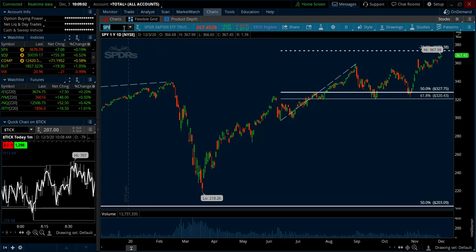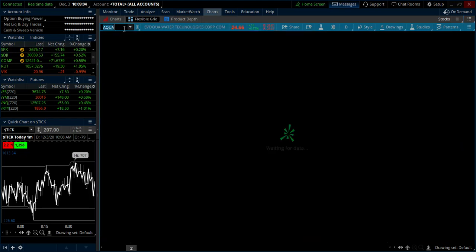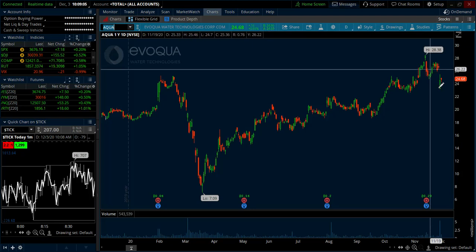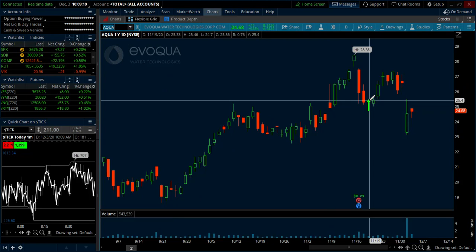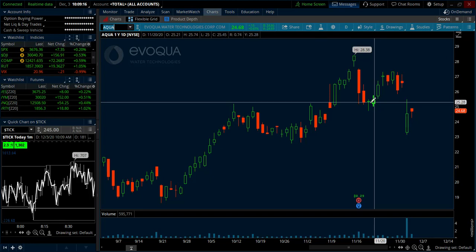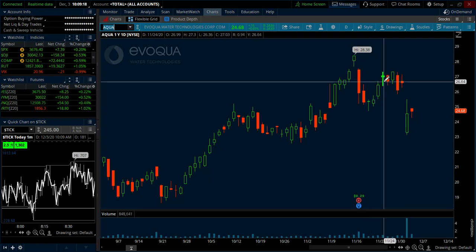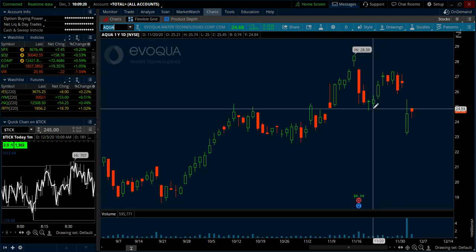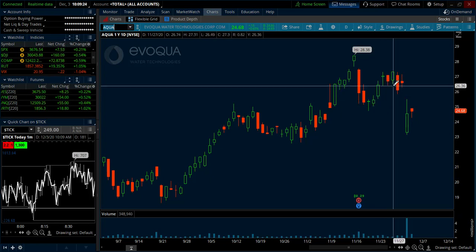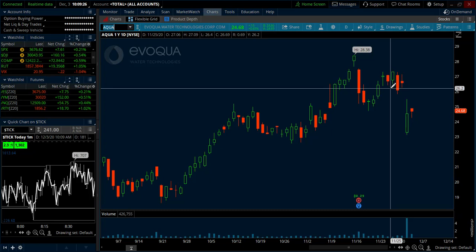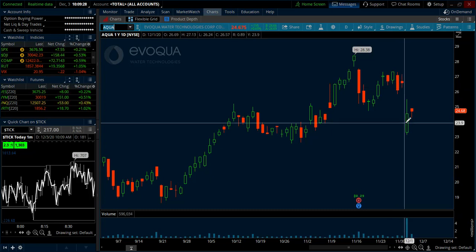So before we move to the ES, I just wanted to talk about this Aqua swing trade because we had a gap down the other day. So the long is from the 20th, above the high of the 19th. That's the entry. And I took a little bit off when we broke the low of the 24th here, just by trailing my stop below each candle's low. I just took a third of the position off to lock in some profit. And then we had this big gap down